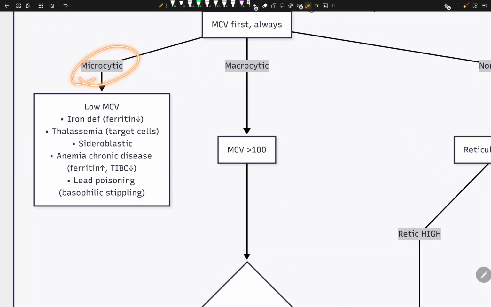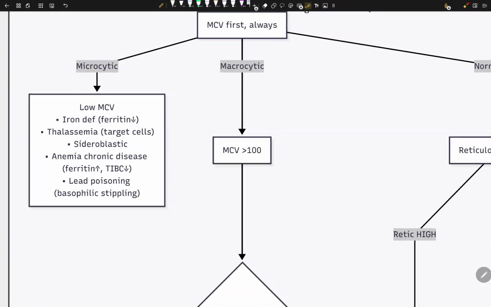In microcytic, I want to think about iron deficiency. In what kind of iron? How can iron be messed up? In many ways. Iron deficiency, the patient is not taking enough iron. We have thalassemia, right? We have target cells, beta thalassemia, and so on. We have sideroblastic,